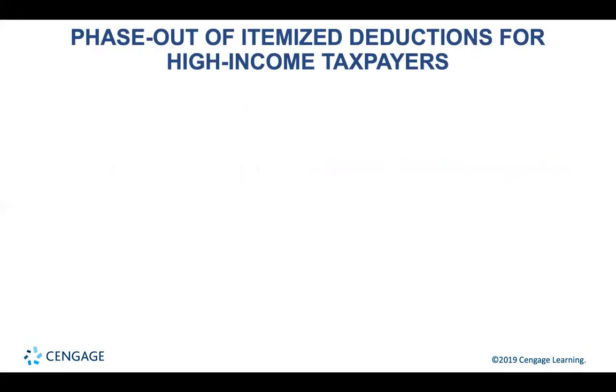In addition, there used to be miscellaneous itemized deductions. Well, there are still miscellaneous itemized deductions, but they are categorized in two categories: those subject to the 2% AGI floor and those not subject to the 2% AGI floor. The TCJA suspended the deduction of all miscellaneous itemized deductions that were subject to the 2% of AGI. So these items are no longer deductible.